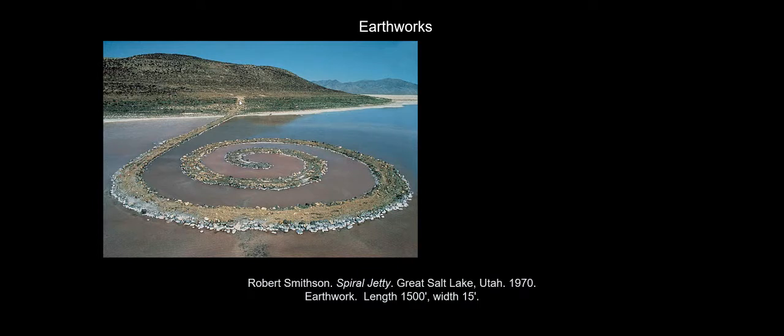Artists who make art out of natural materials in the natural world, this is something that actually is still on display. So as you can see, this is in the Great Salt Lake of Utah, and Spiral Jetty was completed in 1970. It's this long spiral extending into the Great Salt Lake in a very desolate, very hard to reach, remote part of Utah. Again, the idea being that art doesn't have to have an inner meaning to be interesting, and also the idea that art doesn't need to have an owner anymore.